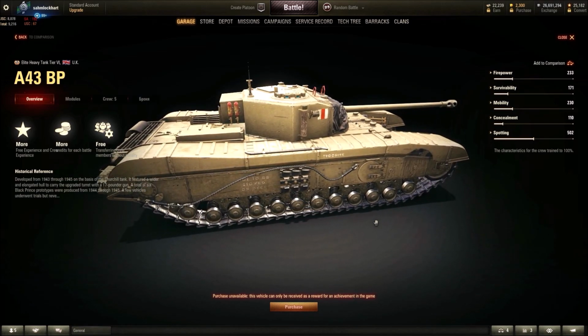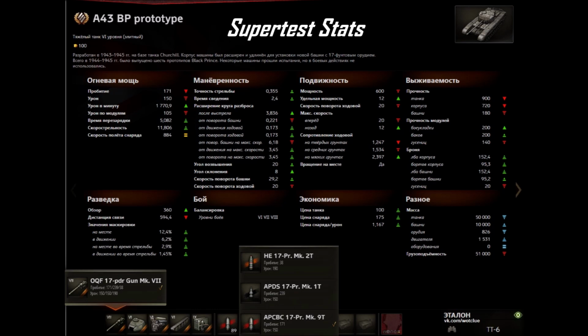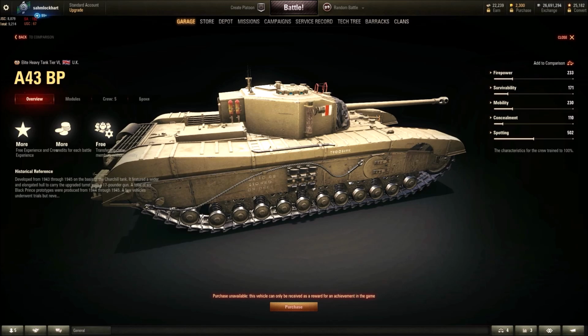So here are the original stats from the supertest server. As you can see, terrain resistance is below average, and dispersion while shooting on the move is above average, but this vehicle is not that fast, only 20 kilometers per hour top speed. It does have a decent horsepower per ton ratio, but it's not fast. It doesn't have as much armor on the turret front as the Black Prince, and the penetration is below average. I think the average is about 175, 170-ish, so it might be a little bit wrong, but